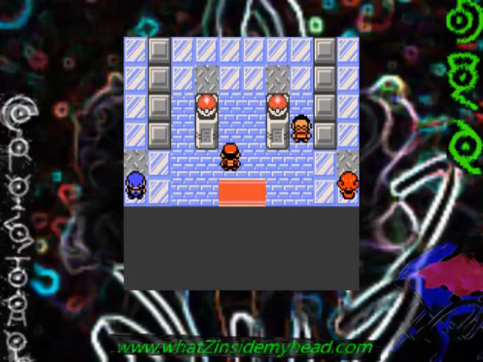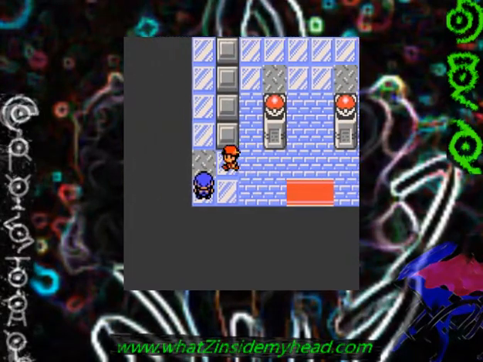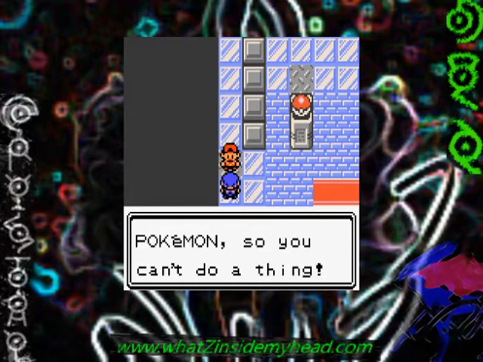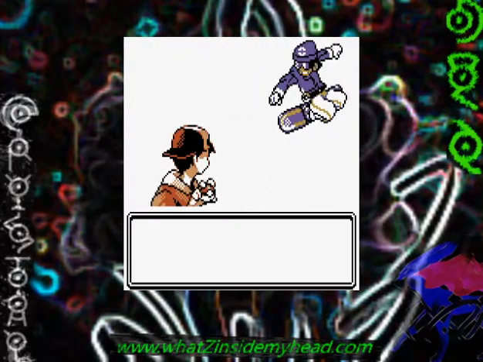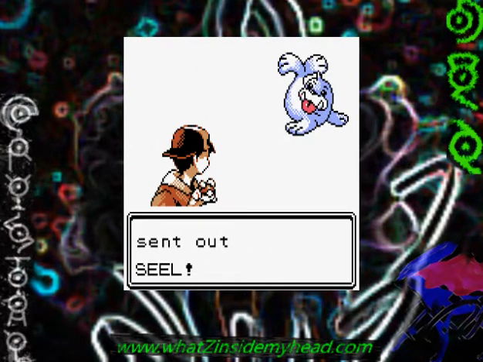Hey guys, I'm DeoGenZ. Today we're taking on the gym in Mahogany Town. It's an ice-type gym, if you couldn't tell by the iced-over floors, and the leader is Pryce. But before we get to the big boss kahuna, we gotta take out his snowboard underlings, like Ronald and his